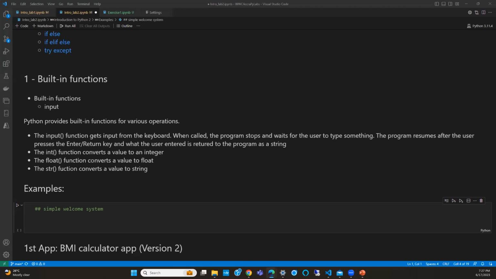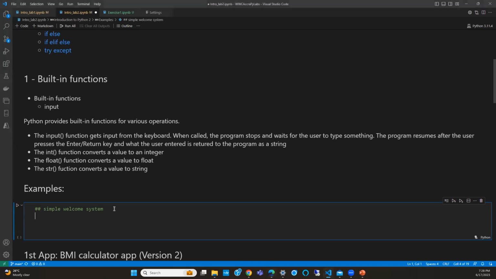So where you have your input statement, when executing the program, at that point, it would halt, wait for your user's input, and then continue with the rest of the execution. Okay, all right. And for the other function, maybe one other thing to let you know about the input function is when you're calling it, you would want to also let the user know what you are expecting from them.